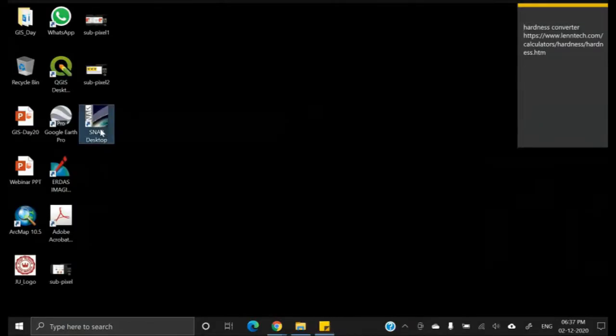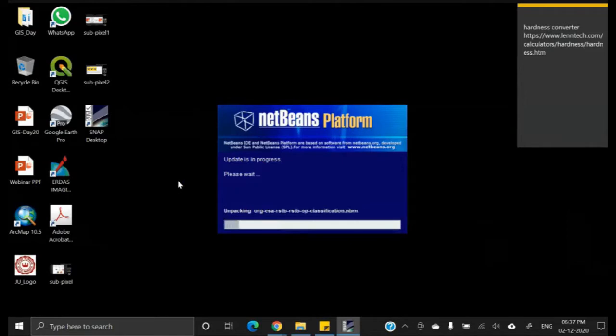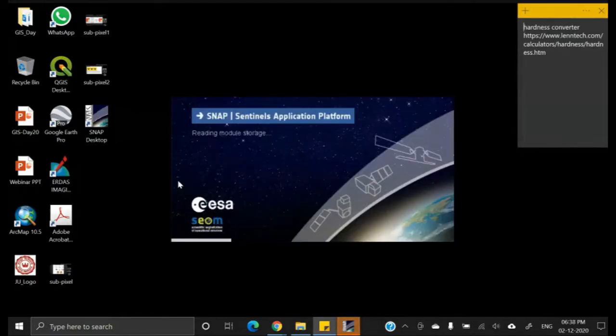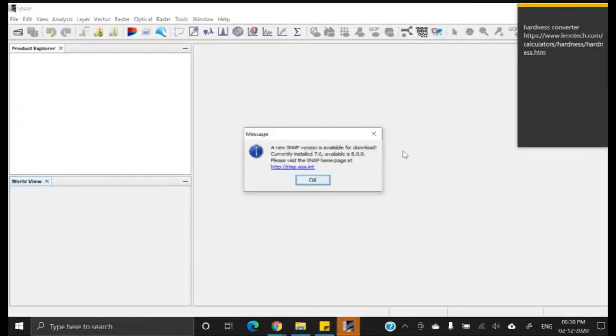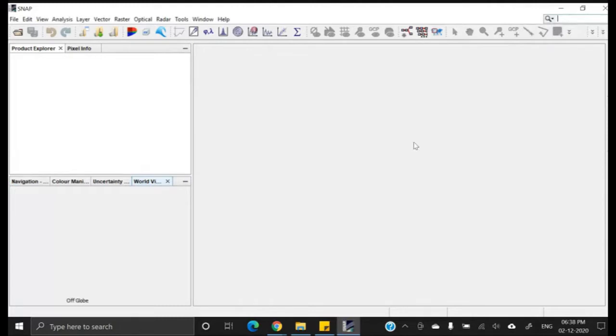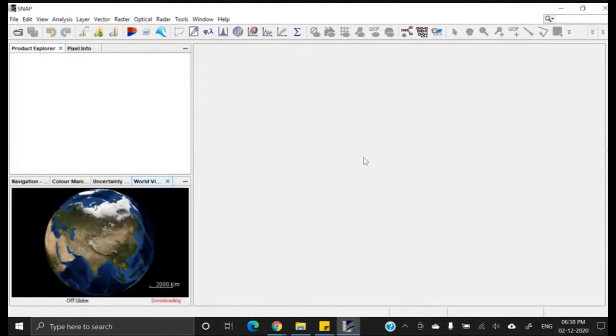Snap software. So this is the first look of Snap software.